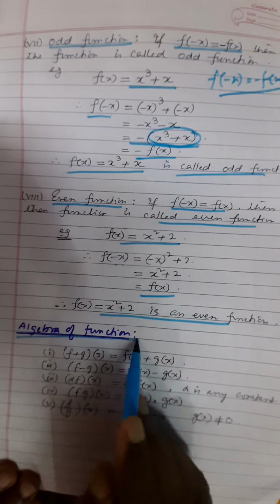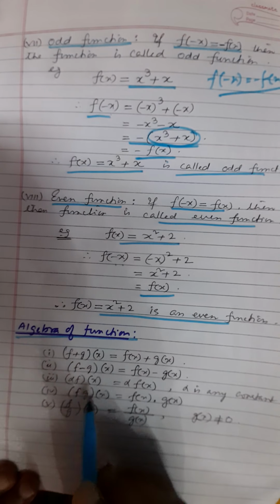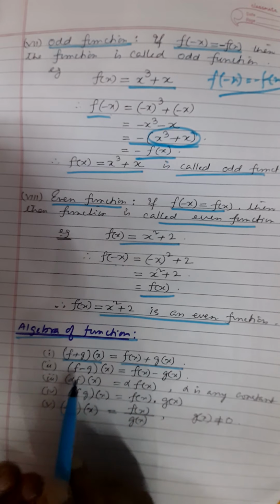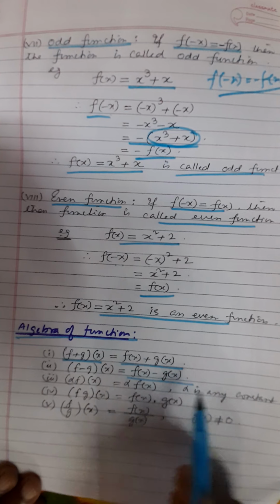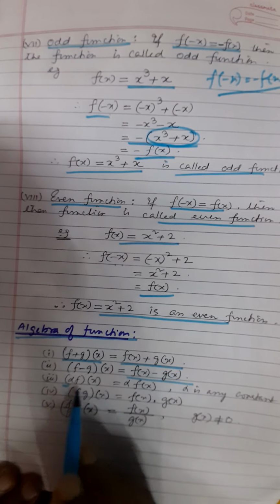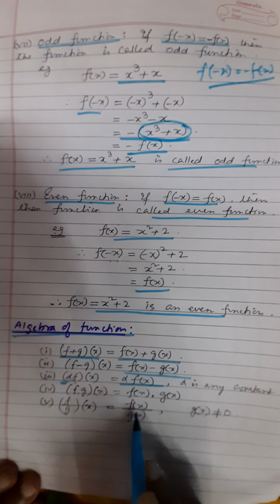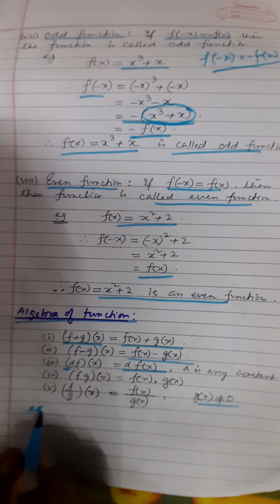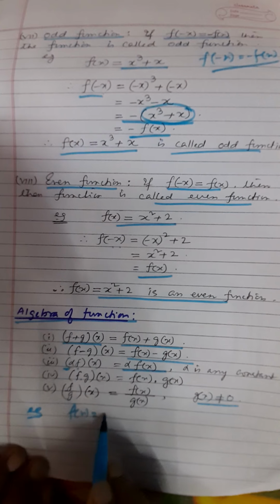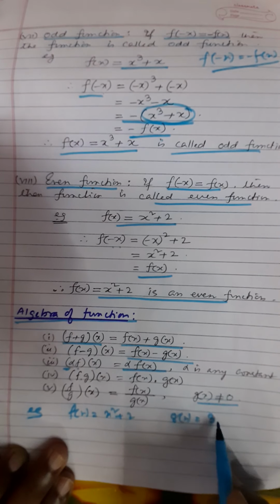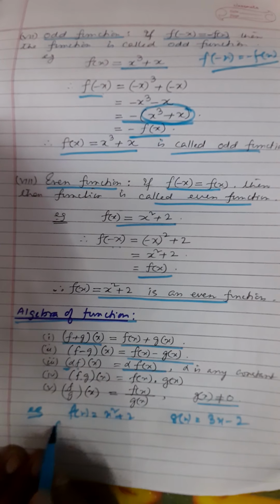Next, algebra of functions. What is the algebra of functions? (f + g)(x) is equal to f(x) plus g(x), (f - g)(x) is f(x) minus g(x). If alpha is any constant, (alpha f)(x) is alpha f(x). (f into g)(x) is f(x) into g(x), and (f by g)(x) is f(x) by g(x). For example, if we take f(x) = x square plus 2 and g(x) = 3x minus 2,